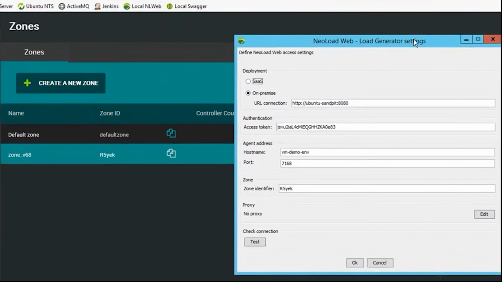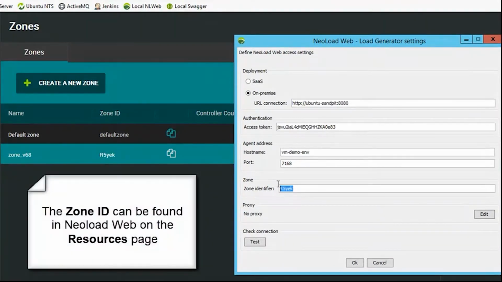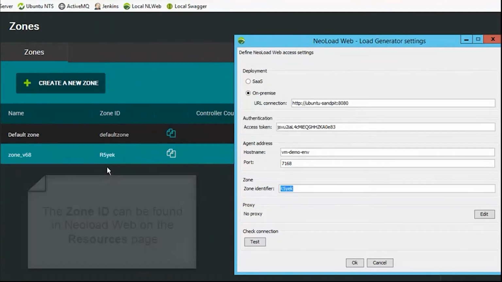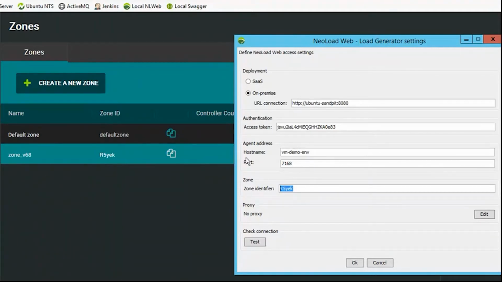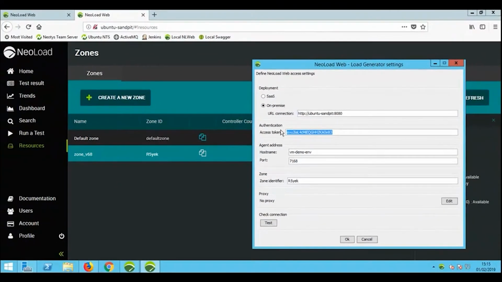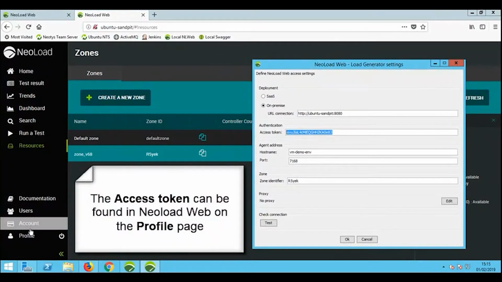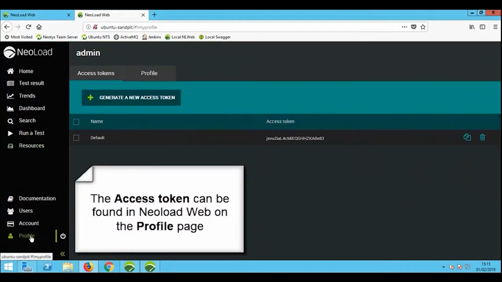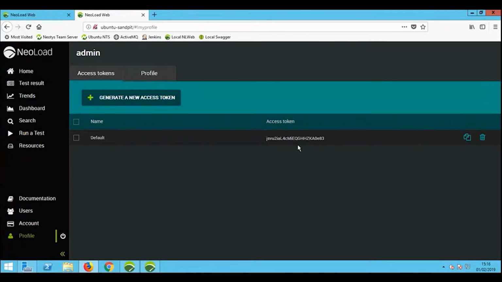But you can see here that I've got a zone defined in NeoLoad Web, and I'm going to put that same zone in my connection settings here. So I would simply copy it to the clipboard and paste it into this configuration screen. I also need the ability to log in or access NeoLoad Web, so again, I need this access token. Going to the profile options in my NeoLoad Web, I can copy the access token, drop it onto the clipboard, and then, going back into my configuration screen,